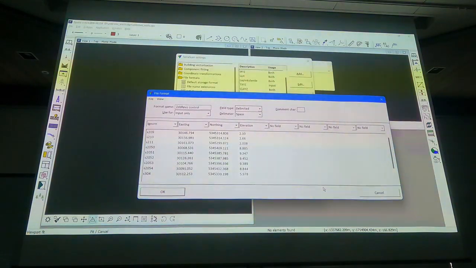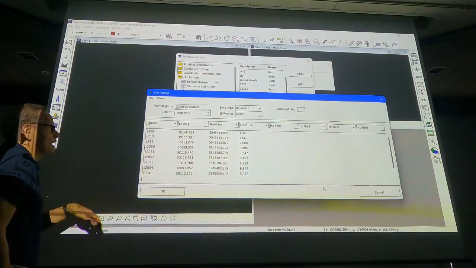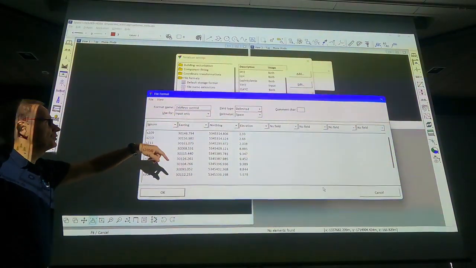But so you select for the first 4 fields, you select